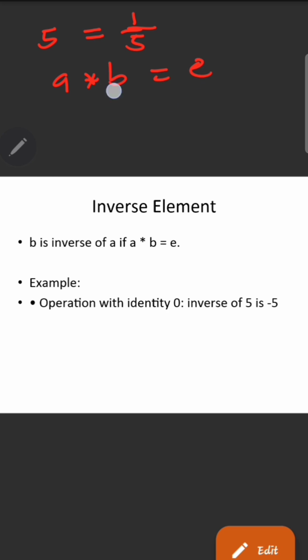That means the value of this B will give you the inverse. Look at the example that we have there. Operation with identity 0. The inverse of 5 is minus 5. How do we get minus 5? We have been told that when the inverse